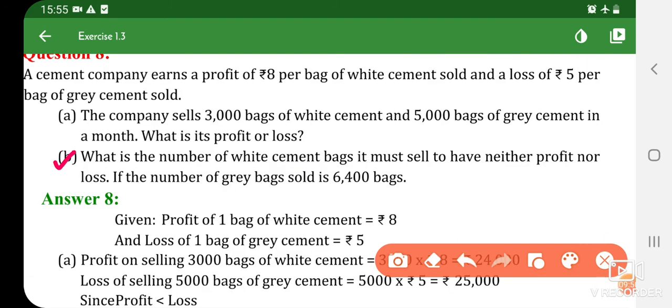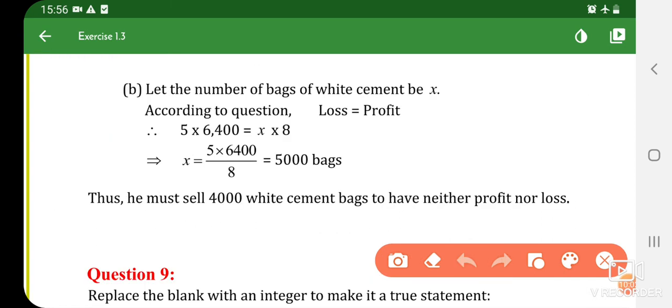Next, B. What is the number of white cement bags it must sell to have neither profit nor loss, if the number of grey bags sold is 6400 bags? So firstly we suppose that the number of white cement bags be x. According to the question, loss is equal to profit, because it is given that there is neither profit nor loss. So according to the question,